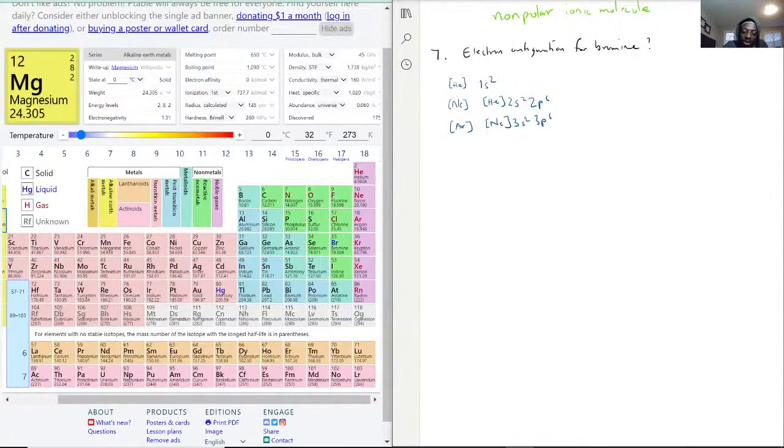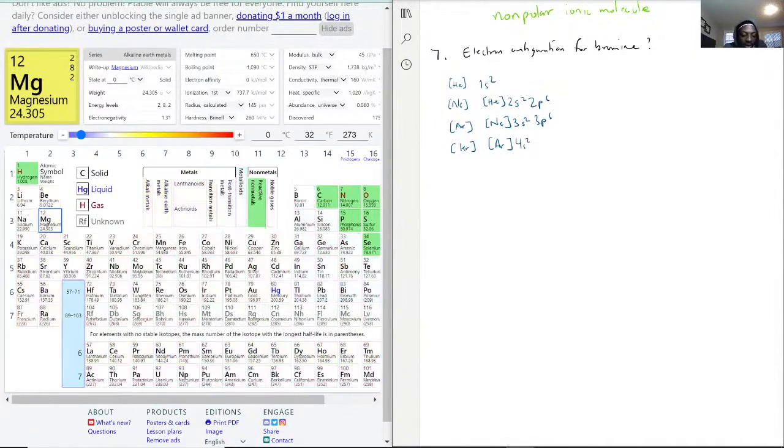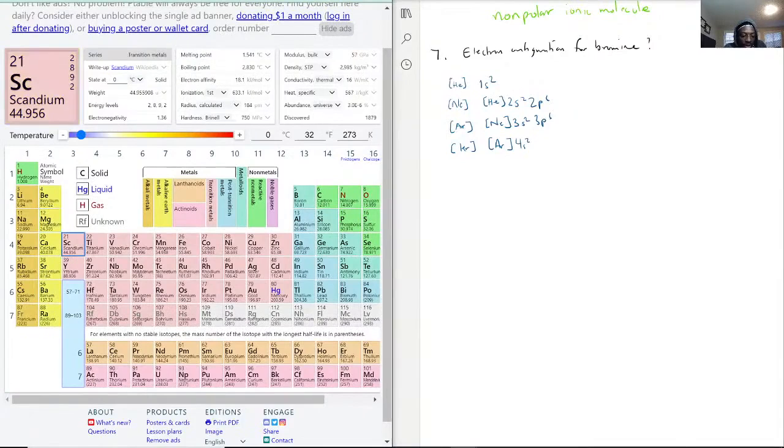Now let's go all the way to krypton. I know that it was asking for bromine, but krypton is a little bit different. Exactly, start at argon, and then you do the same thing. It'll be 4s2, but you have to actually pass through this row as well. The way this row works is slightly different from the other ones, right? We're now with the d shell, the ones starting at scandium,